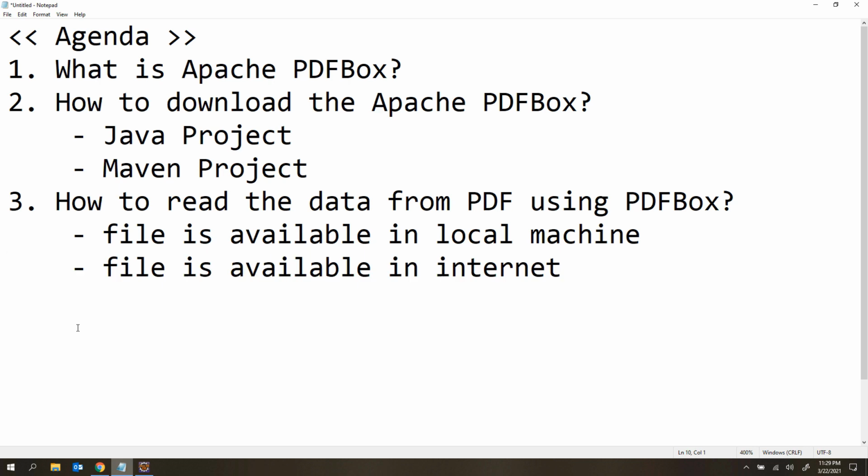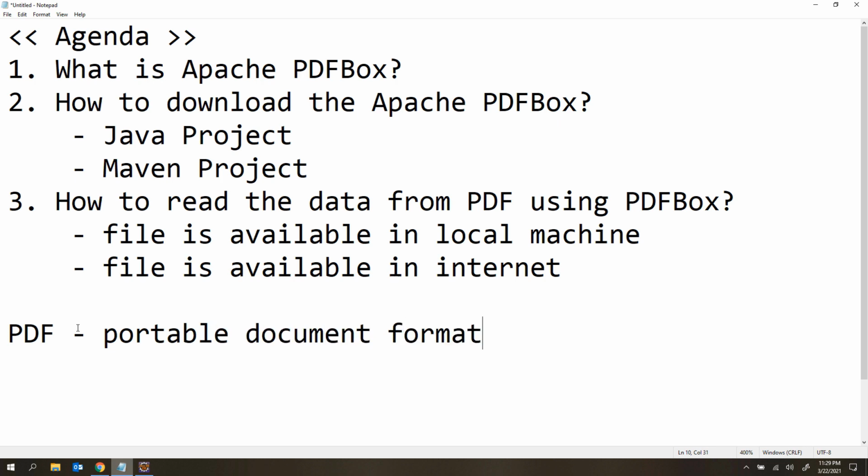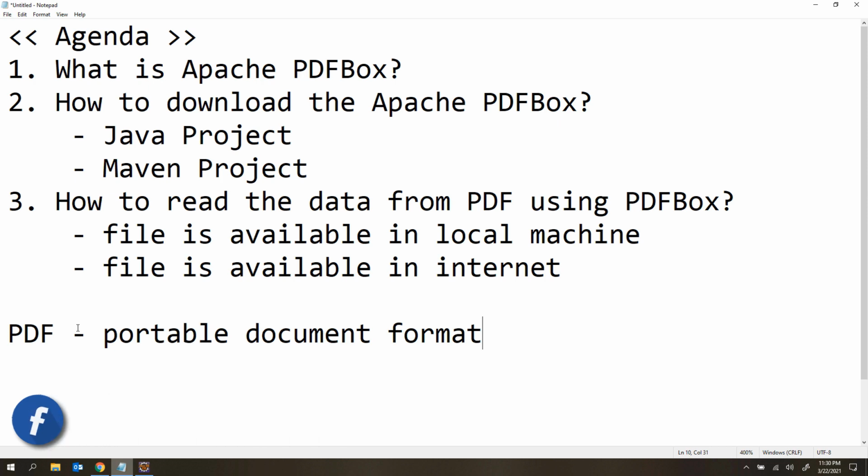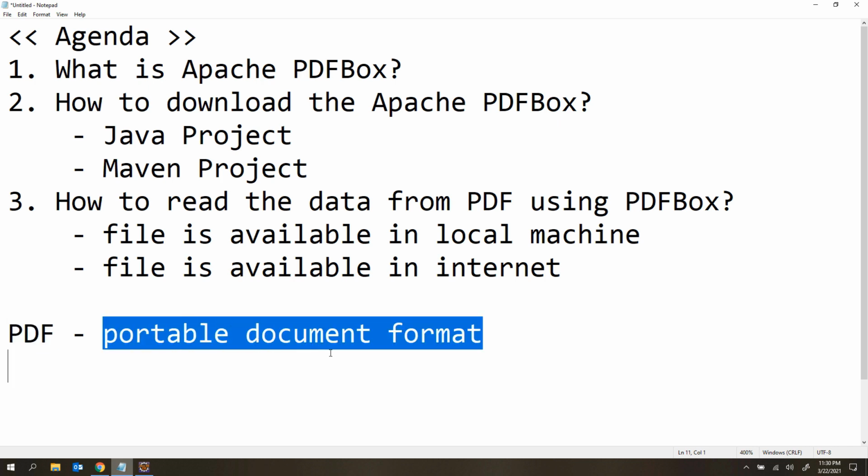The first thing is, when we are discussing PDF, first we should know what exactly a PDF is, because many people don't know the full form of PDF, guys. PDF means portable document format. This is a very simple one, guys, but I saw many people who don't answer this question. If I ask them what the full form of PDF is, many people are not able to answer. That is why I'm saying whenever you are dealing with PDF, first just know what exactly PDF means, okay? PDF is one type of document file and the full form of PDF is portable document format.